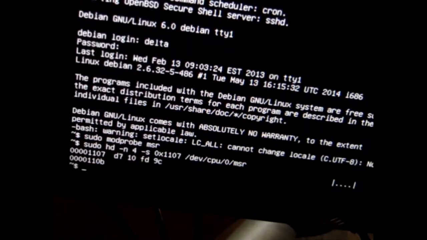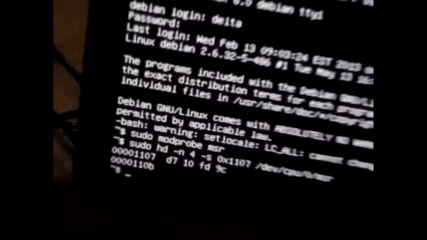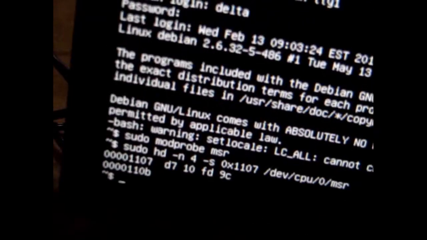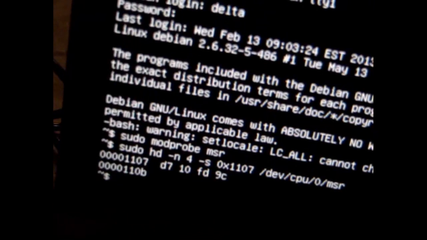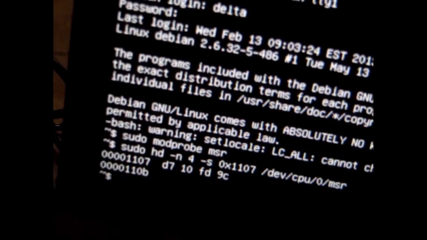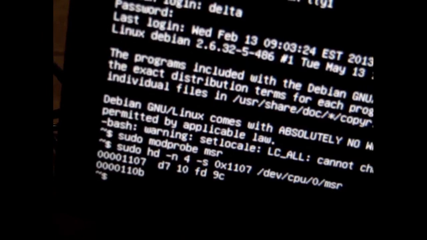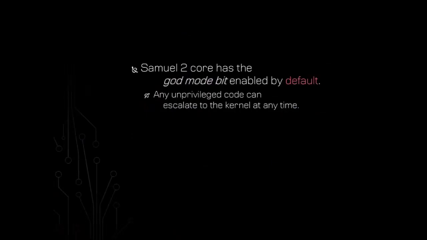And when I do that, you'll see the low byte of the global configuration register is D7. That is 11010111. The low bit of this register is the God mode bit. That means the God mode bit is active by default on a freshly booted Samuel 2 core. That means that any unprivileged code on this system could have accessed the kernel at any time, which is a